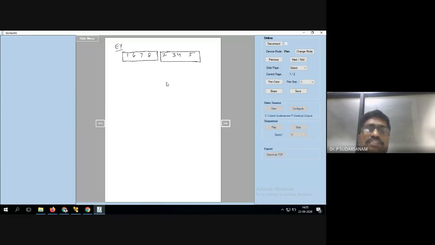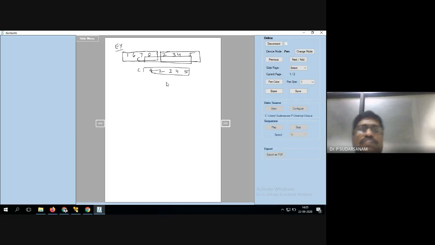These are the 1, 2 arrays now. Suppose you are copying to C. The elements will be copied: 1, 2, 3, 4, 5.